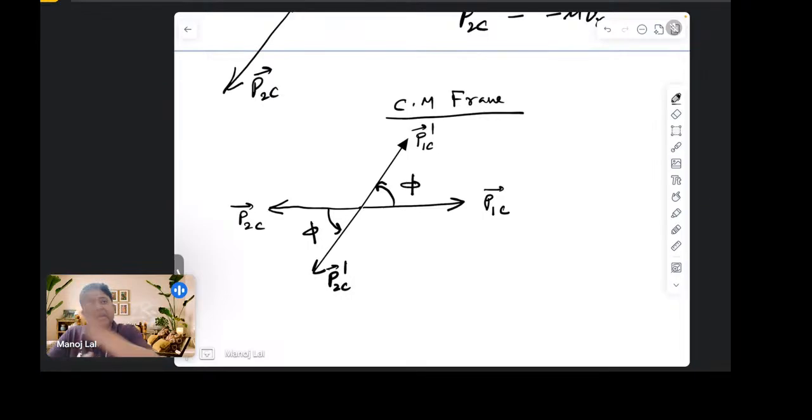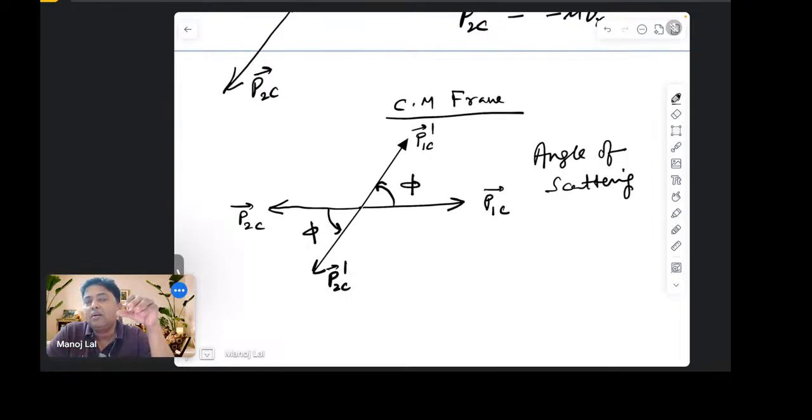Whatever the angle turned by each momentum vector, this is known as the angle of scattering. It's known as what? Angle of scattering. So scattering,